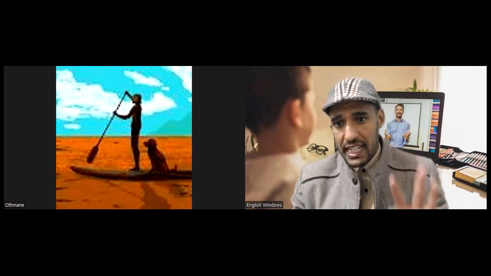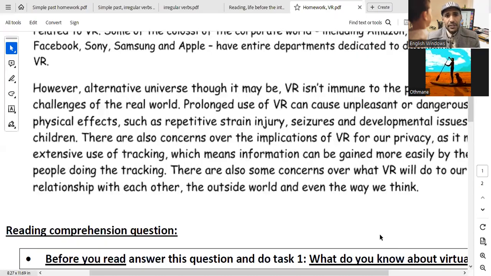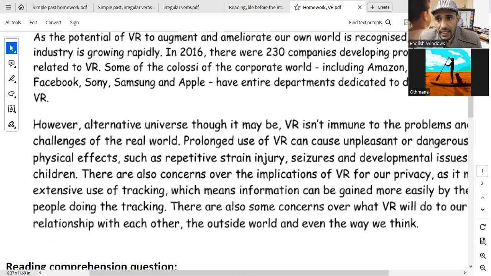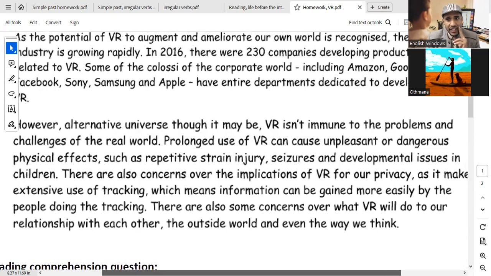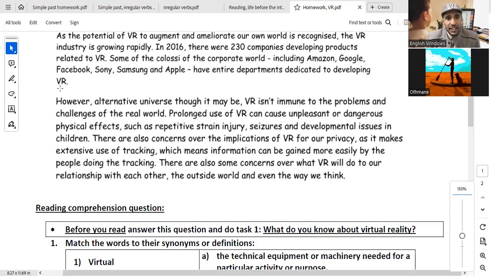We're going to read the last paragraph and then discuss and answer the last questions, and then move on to another topic, inshallah, which is quite relevant to what we have been discussing so far. All right, so here we go. Let me read the last paragraph. I'm going to read and then give you the chance to read, because I want to hear you reading too, and see if you can read quite well.